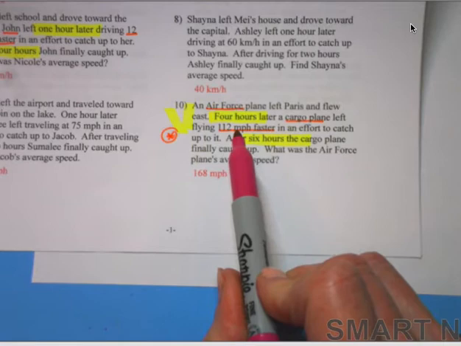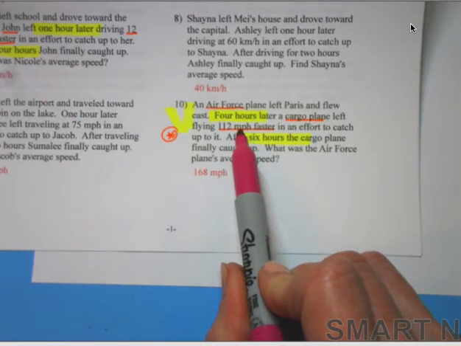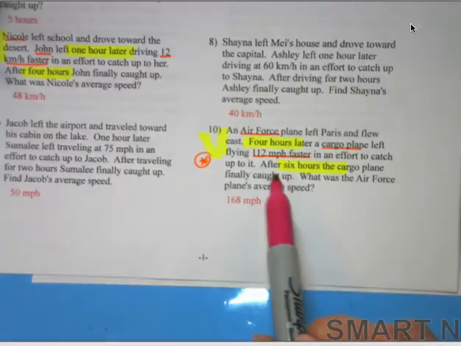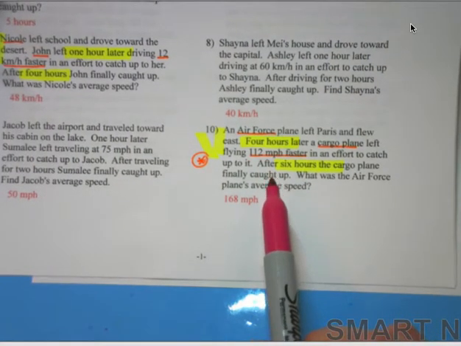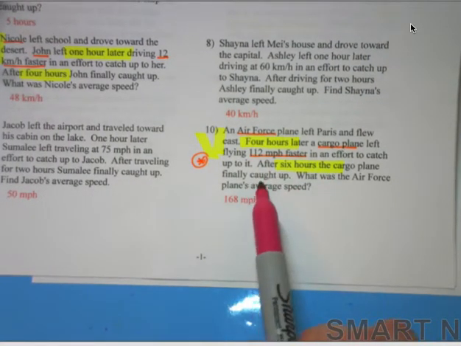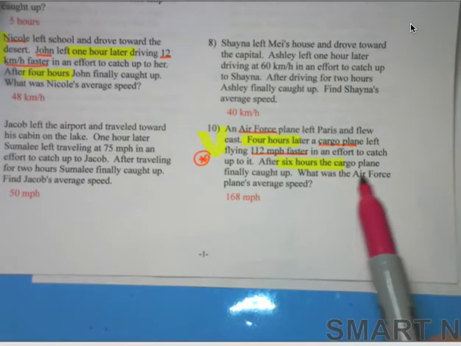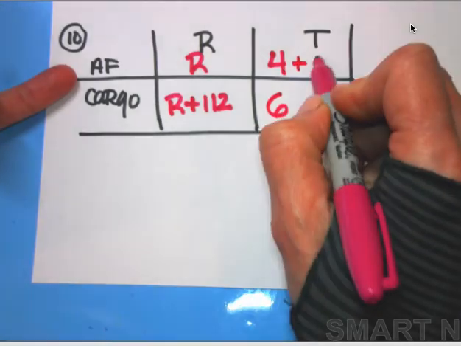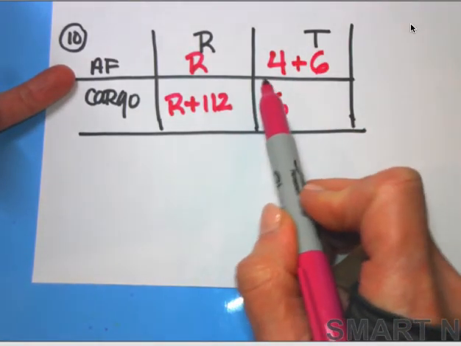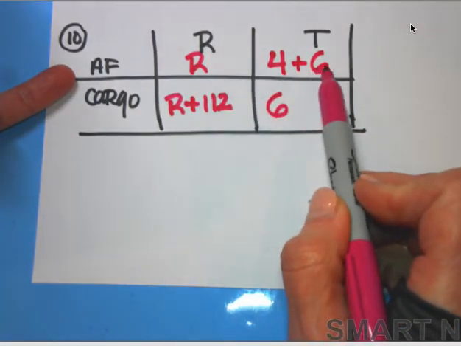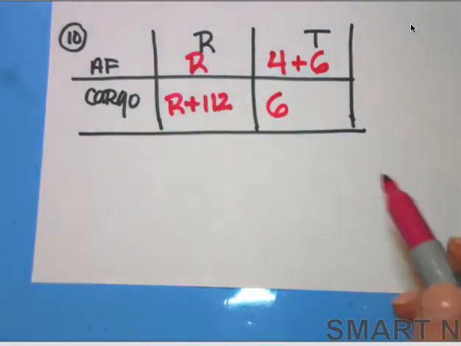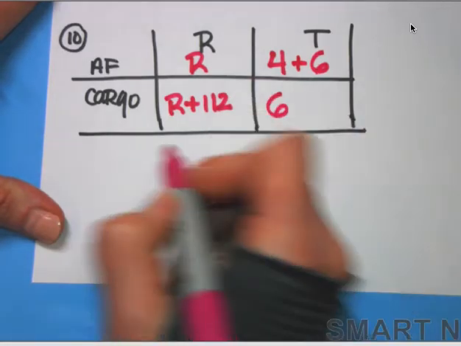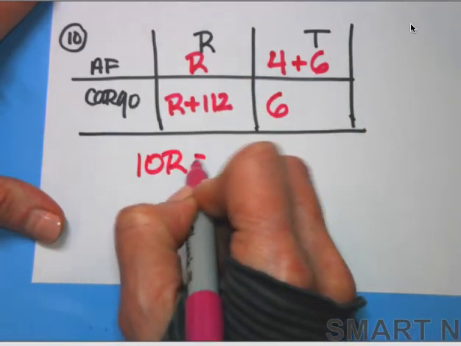4 hours later implies that the other plane has already been in the air for 4 hours. So I'm going to let that be 4. And then as I continue reading the problem, after 6 hours, the cargo plane finally catches up to the plane that left first. So the cargo plane is flying for 6 hours, and the Air Force plane has been flying for 4 hours before the other plane departed, plus the 6 hours of the cargo plane. So setting these two expressions equal to each other, 10R,